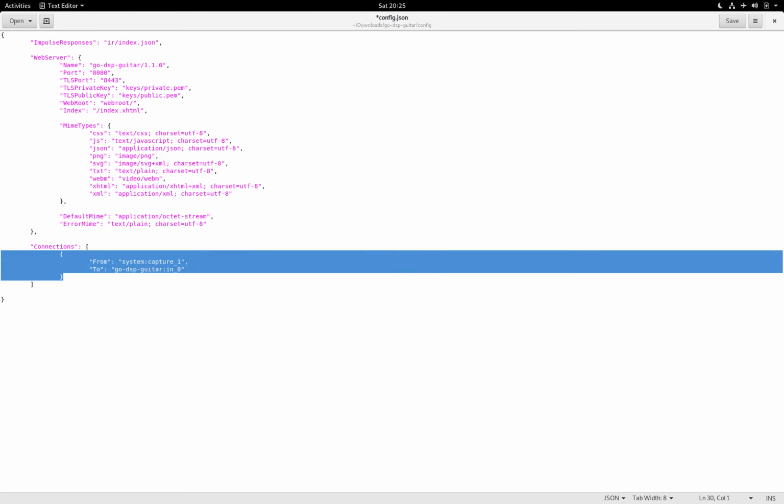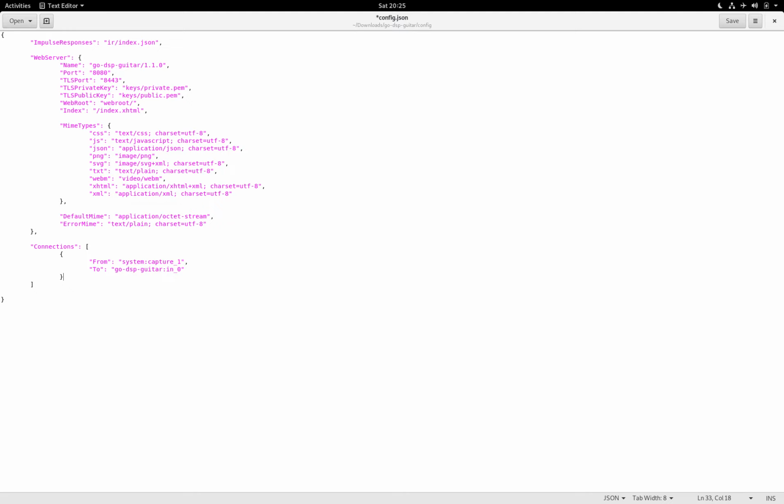And then you can just copy this section, put a comma behind the closing curly brace, and put another section below, and you can route capture input 2 to in_1 of go-dsp-guitar. So now you have both capture ports connected to